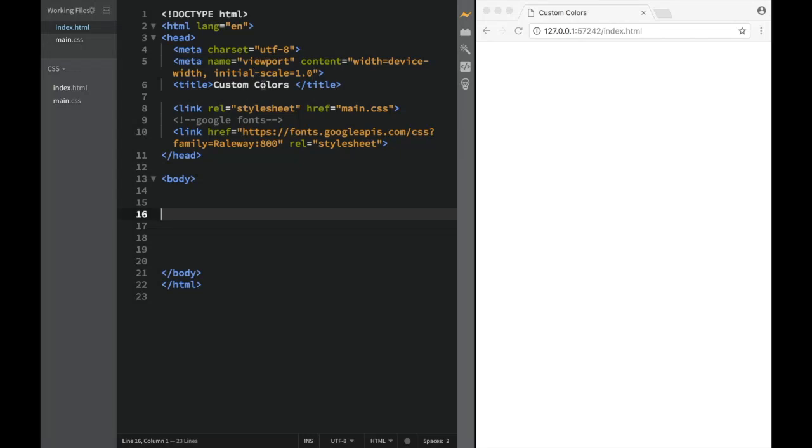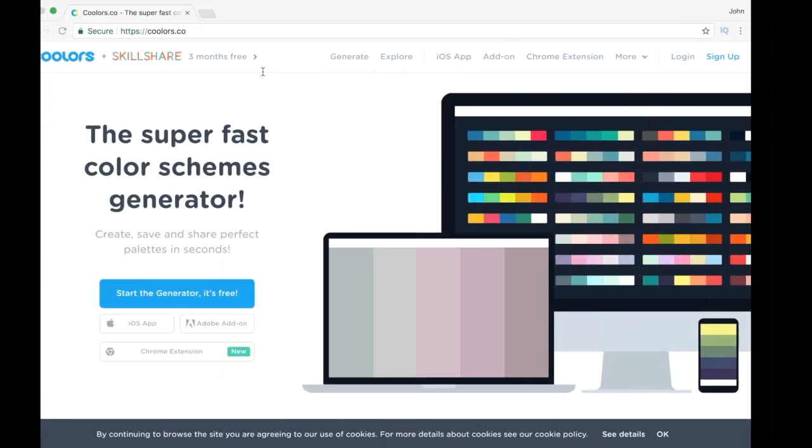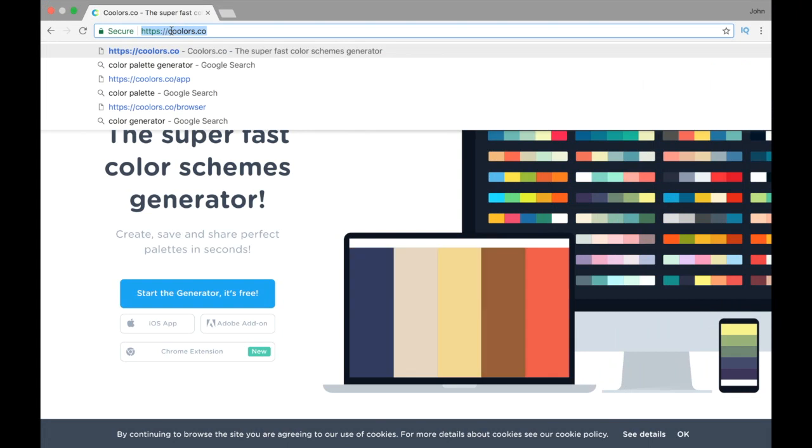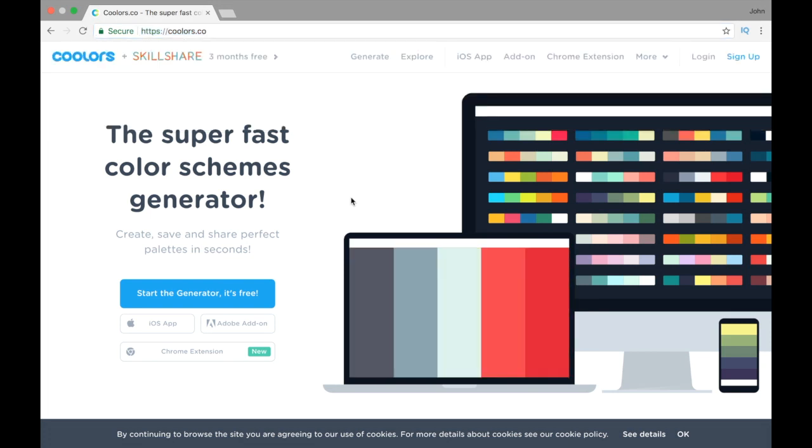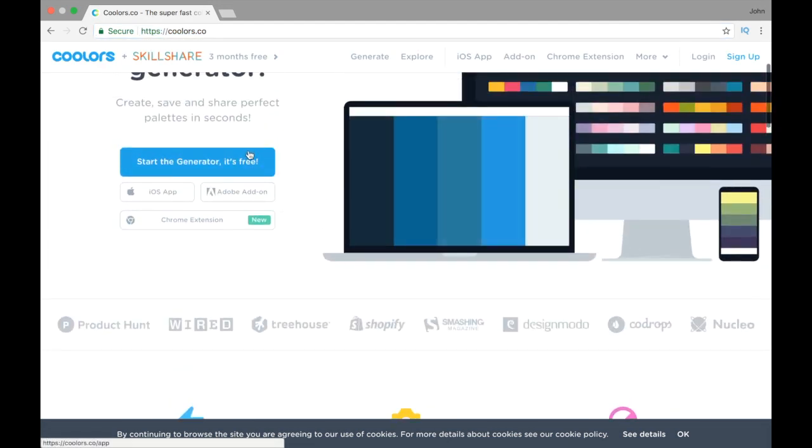Now let's look at where we can get nice custom colors. If we go to this website, the name is Coolors, C-O-O-L-O-R-S, and then we go over here and say start generator. It's free. If we click over here, what's going to happen is that we're pretty much given